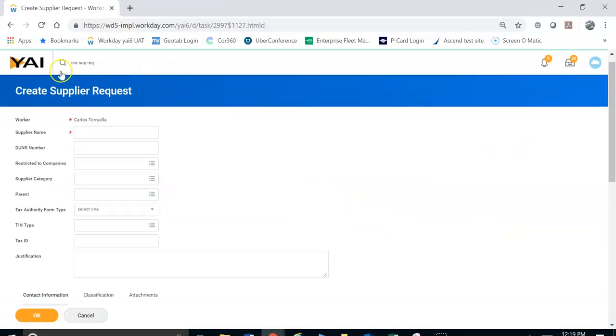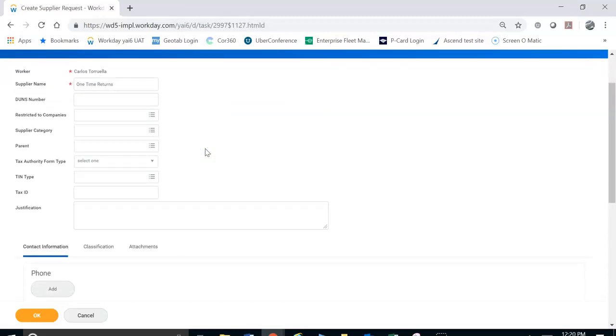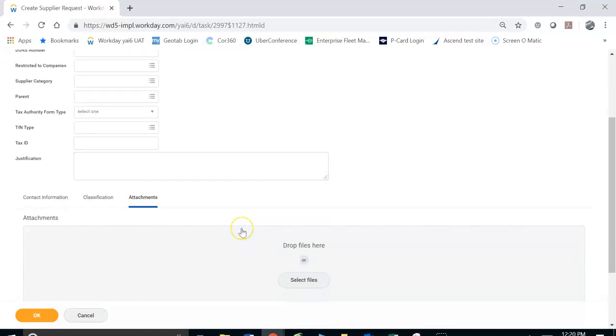You notice you have your supplier request here. All you need to do as a mandatory field is actually type in the name of that supplier. So let's put this name in for the sake of instructions. We're calling them one-time returns. And the other thing you need to do is attach documentation. So the only two things you need to do here is put in the name of the supplier as you know it, and you need to make your attachments